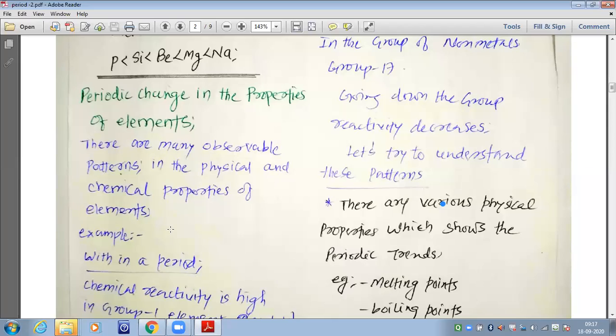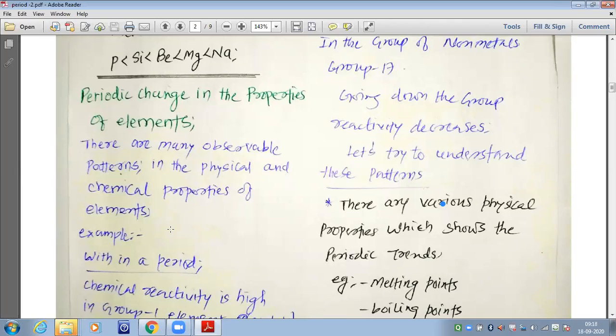pursued his design. You can see here that we are talking about some patterns. Mendeleev took the atom and he looked for patterns. Here you can see that there are many observable patterns. These observable patterns in the periodic table are periodic, meaning they change period-wise. These patterns are followed by the elements placed in the groups, and they change when we move from left to right in a period. That is why we call them periods, because in a period we can see the various patterns, but in a group we have similar chemical and physical properties.